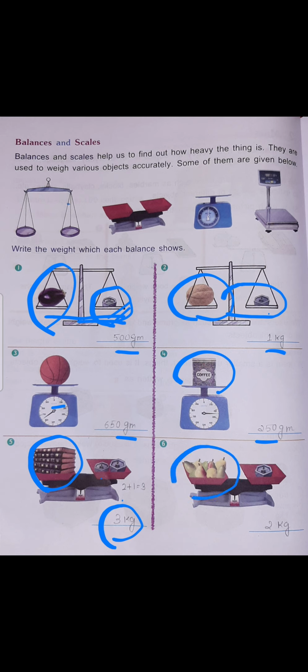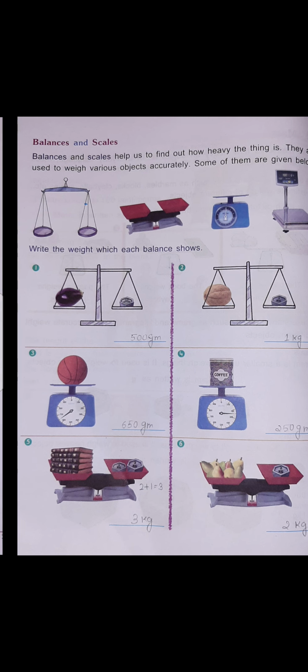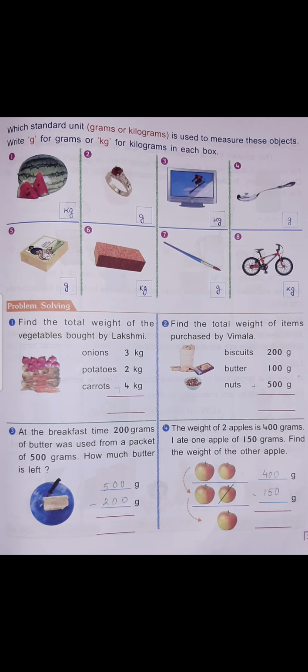Now there are some mangoes, and what is the weight of this? 2 kg. It is as equal to the 2 kg bar. That means the weight of these mangoes is 2 kg. Understood? I hope you have understood this. So this way we measure things in a weight machine. Understood? So let's go to the next page.